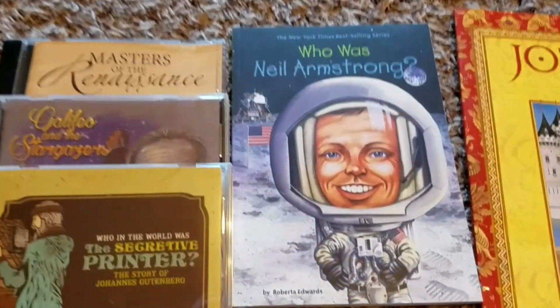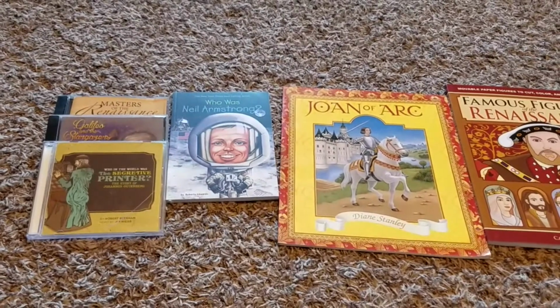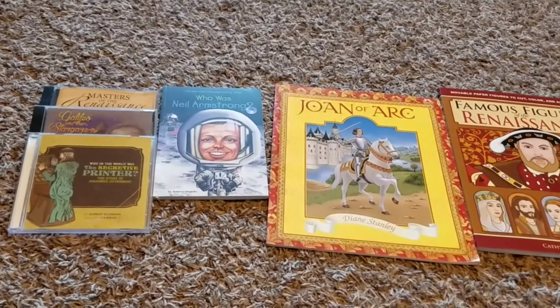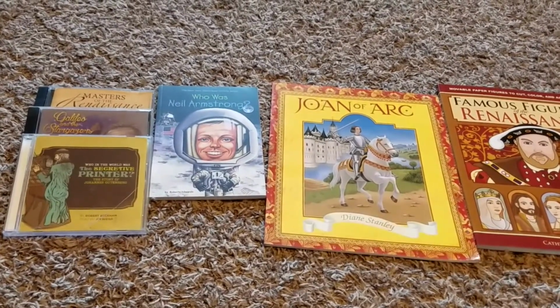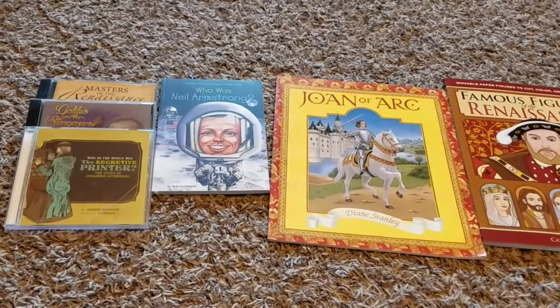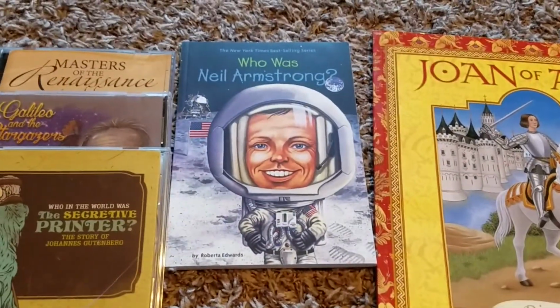of these Who Was books as an audiobook. I was able to get several of them actually in the Who Was series, which we've used before last year for different historical figures, and we really like them. I was able to get them as audiobooks from audible.com for around $2 a piece. So I was really, really excited about that, but I don't have the actual physical copies of them, but I